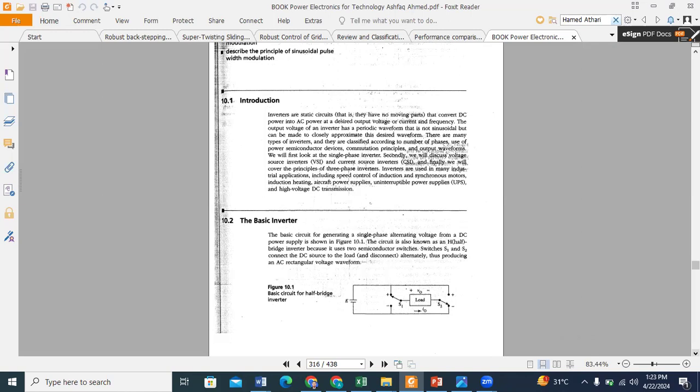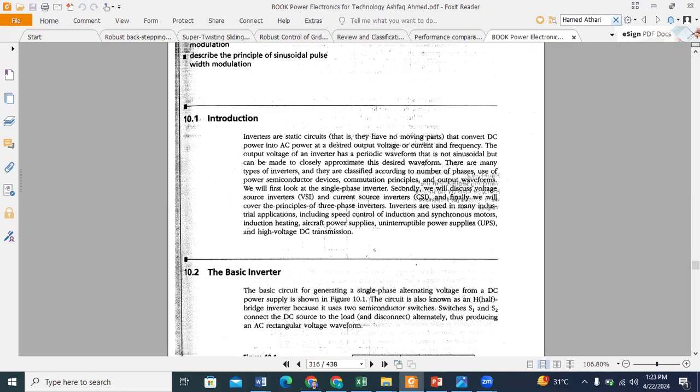It's a static converter basically. There are some kinds of dynamic converters that convert DC into AC, but mainly we have a static converter that we call an inverter, which converts the DC power into an AC power at the desired output voltage or current